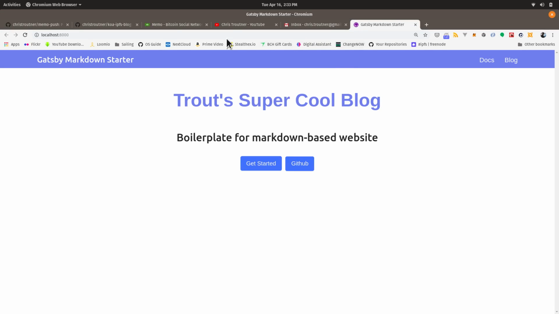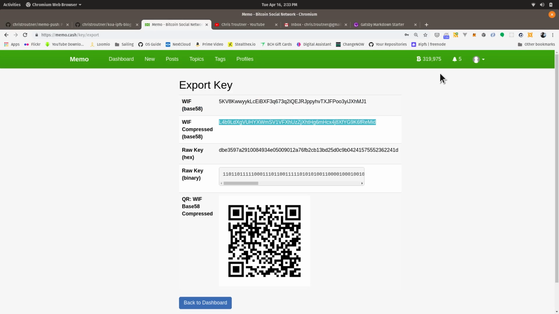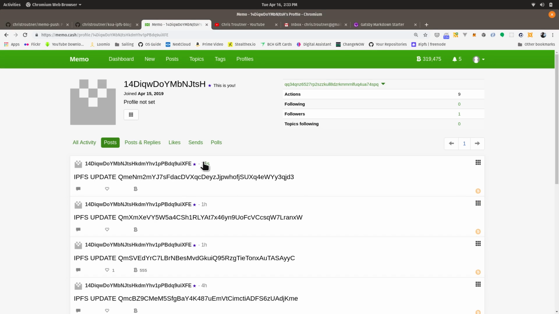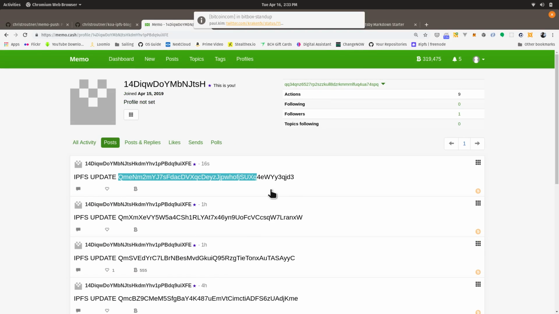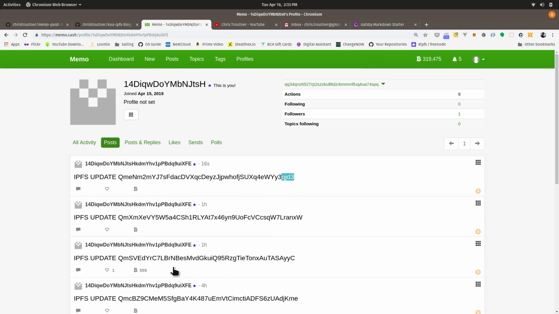Now if I go back to my memo.cash profile, I'll see that 16 seconds ago, I just published it, and if I double check, I can see this ends in QJD3. So this has been uploaded to the Bitcoin Cash blockchain, and now anybody who goes to my profile